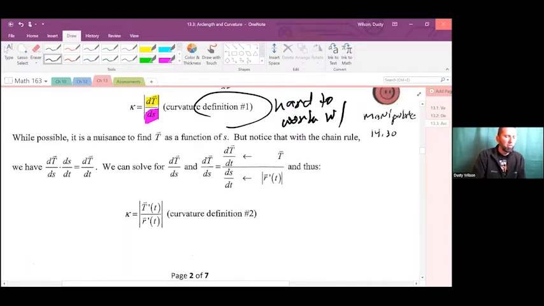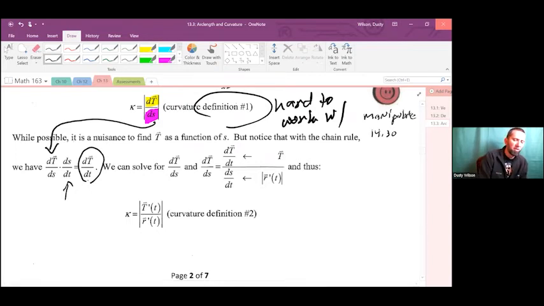But notice that with the chain rule, we can look at that ds dt, that's right here. And we can do a chain rule with ds dt. dt ds times ds dt will just give us dT dt. That's the derivative of the unit tangent with respect to time. This is a much friendlier looking critter. So we can solve for the unhappy one, dT ds, and find that dT ds equals dT dt,